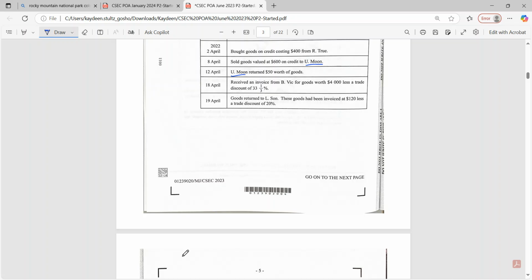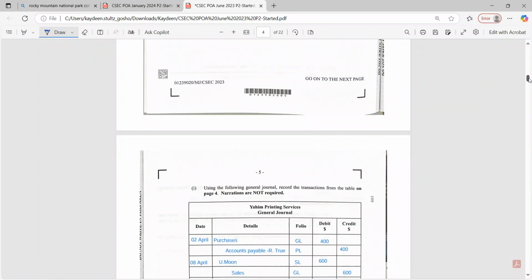So in your calculator, you can put $4,000 multiplied by 0.33, and that will give you 1,333.2. Then you subtract that from the $4,000, right? And you will get